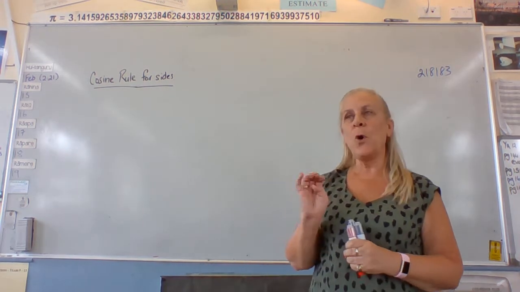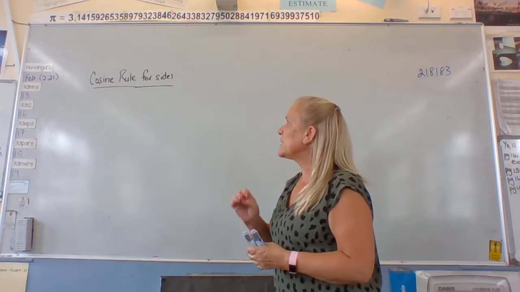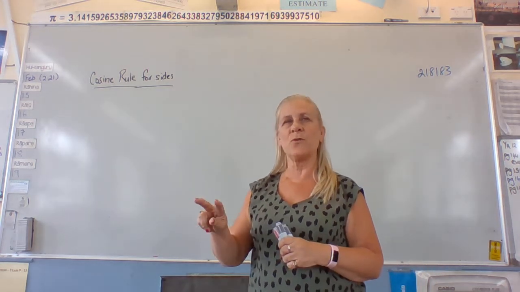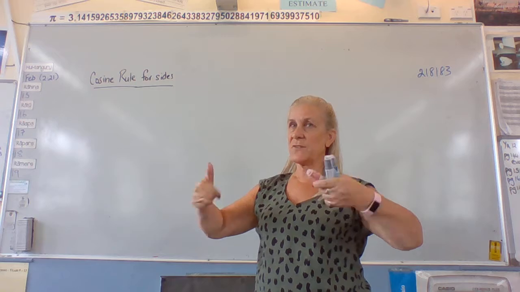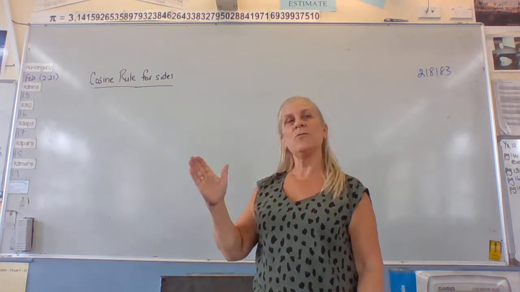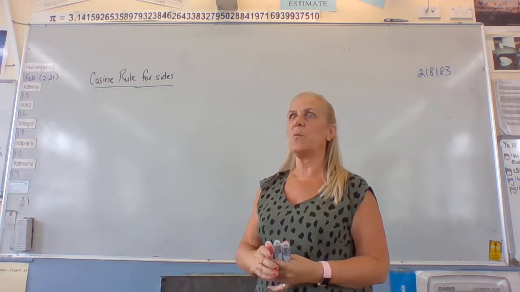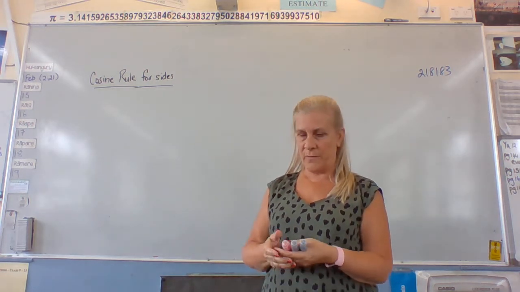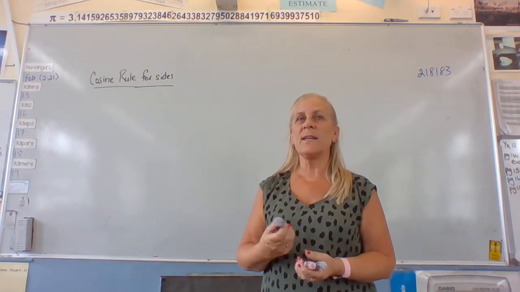So we're up to our fourth rule on our formula sheet. It's the cosine rule. Well, it's actually the third one that's on there though. Remember, we've got the sine rule only written in one form. We just have to remember to turn it upside down. So the cosine rule for sides is a formula. It's the formula with cosine in it. It's about that long. It's a huge long formula, but we're dealing with that same